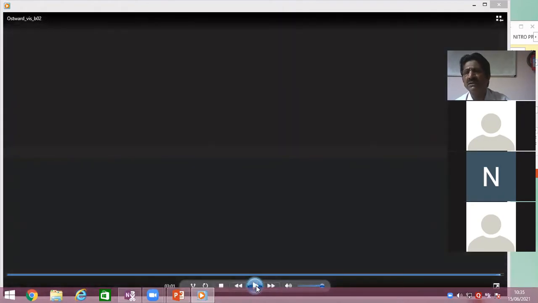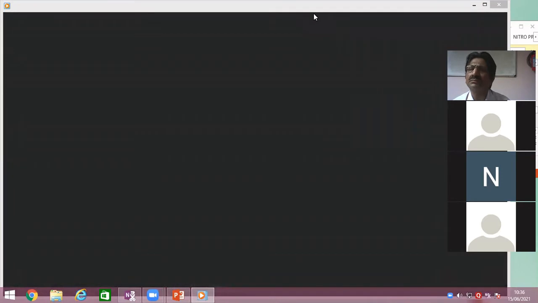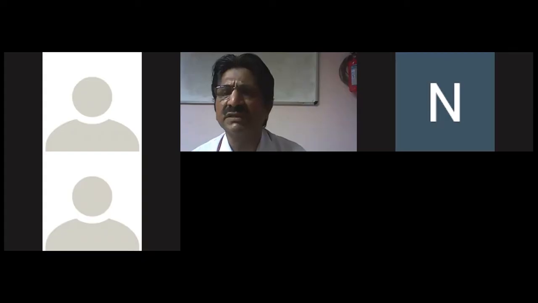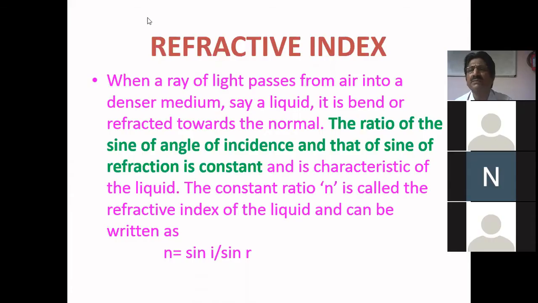So now this is the determination of what is called the viscosity of a liquid, or the coefficient of viscosity of a liquid, by using the Ostwald viscometer. So it is a simple part, not that difficult, a very simple part, that is a characteristic property of the liquids, and that is the refractive index.